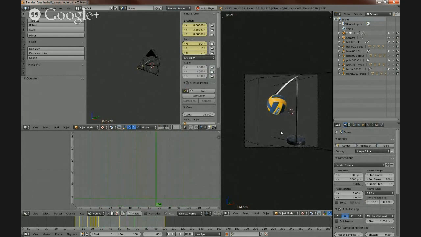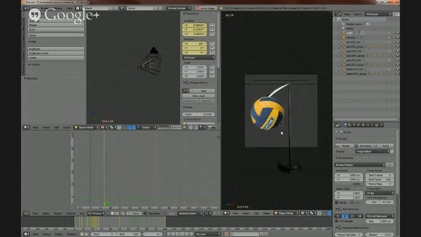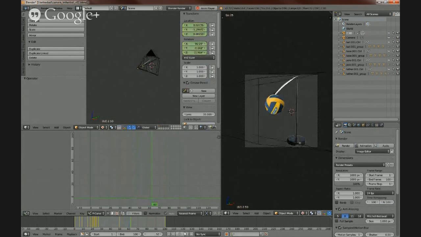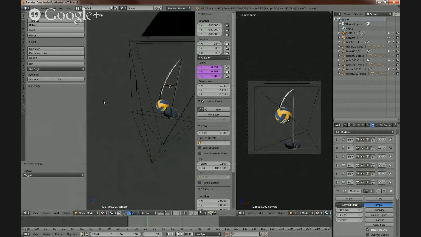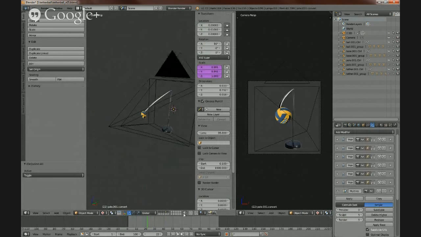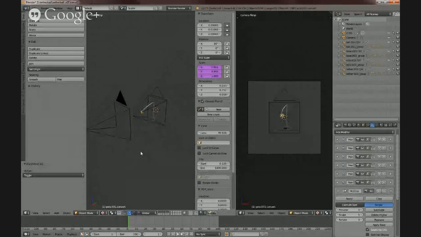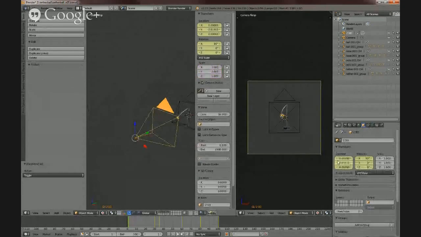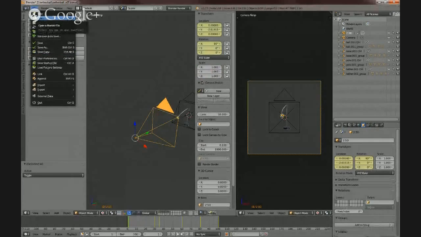Now I'm going to show you how to set up the stereoscopic camera rig, and that's real simple also. So I'm going to go back to this file here. Setting up the stereoscopic camera rig is as easy as just using the camera rig plugin. It's officially called